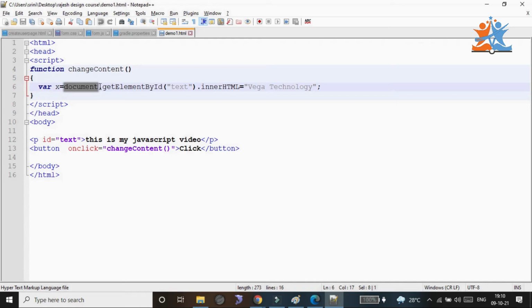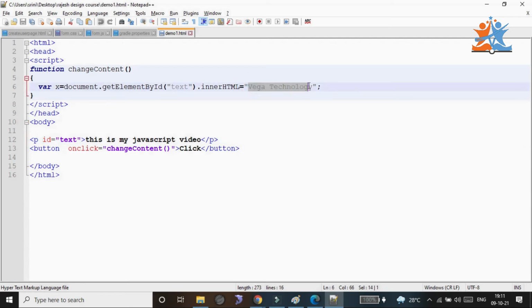Sir, previously in this scenario we discussed, in the text, this is my JavaScript video. Whenever I hit the click button, we need to change the inner HTML. Inner HTML is nothing but this place, which we can call the inner HTML of the paragraph tag, that we need to change. Sir, I don't want this type of scenario, I want some other scenario. Whenever I hit this, I don't want to display anything.